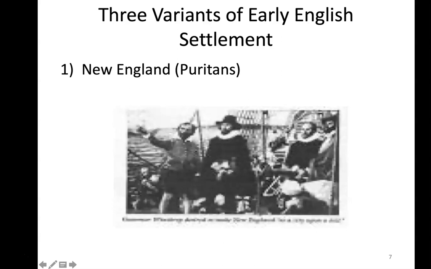Even though they're not the first English settlement, as you know, and I believe I discussed in an earlier slide, the first settlement was Chesapeake, or to be more specific, Jamestown in 1607. Okay, but I will say this, that the largest migration of English persons from England to the New World that occurred during the first half of the 1600s was indeed from England to New England, okay? That's to say the Puritans.